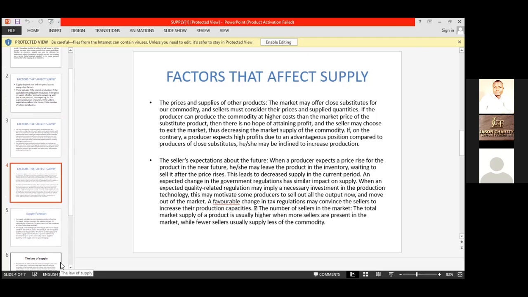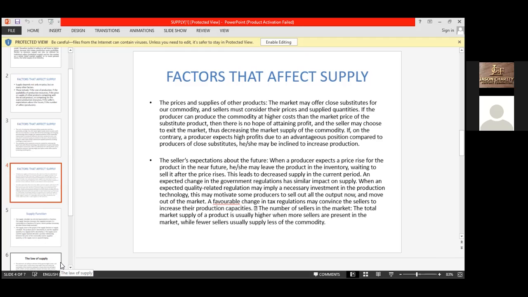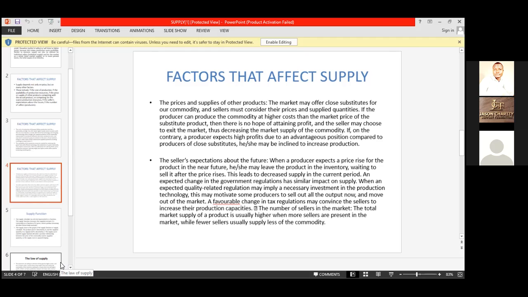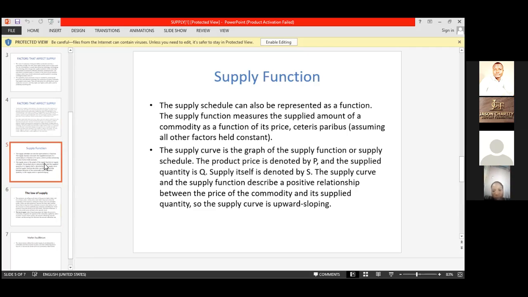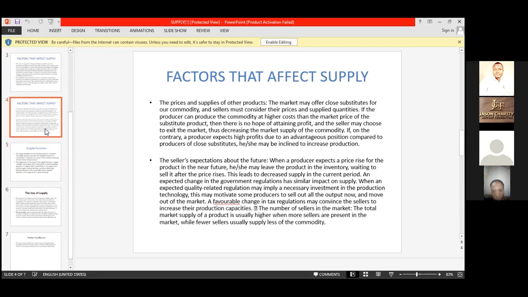Now, the inputs that you have to produce those goods, you can make use of for producing another product entirely and attain a higher profit margin on that. So what we can do is say, okay, out of the 20 units that I have here, let me use 15 for this one and use 5 on other products to produce another commodity, and you make a good profit margin on it.